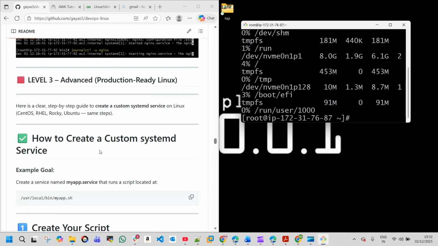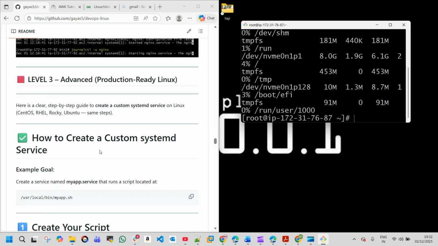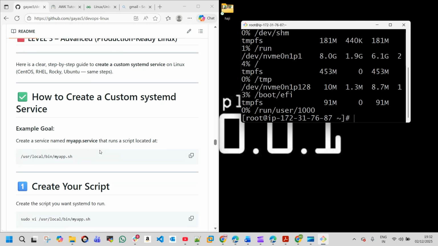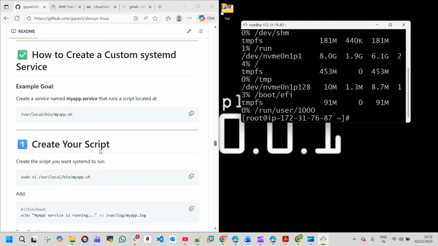The next level is level 3. Now we move to advanced tasks, creating customized system services. We create a custom service file that runs our script. This is useful for application automation and monitoring tools. System managing background services by creating a service file in /etc/systemd/system. We can run our scripts or applications automatically on startup